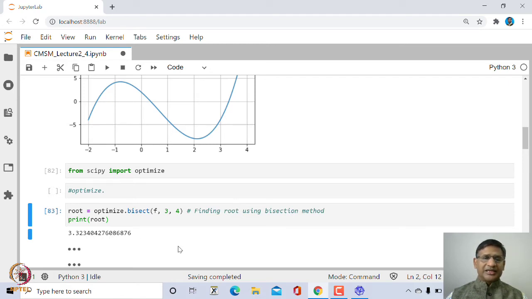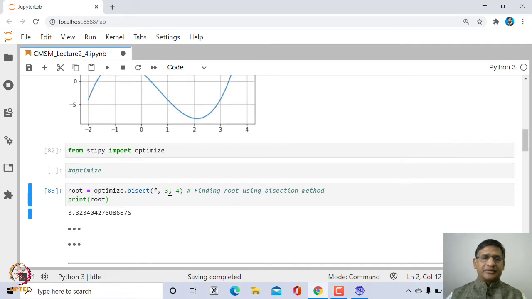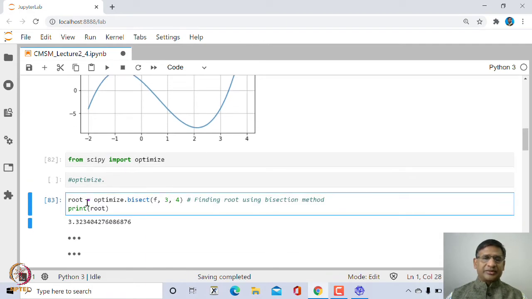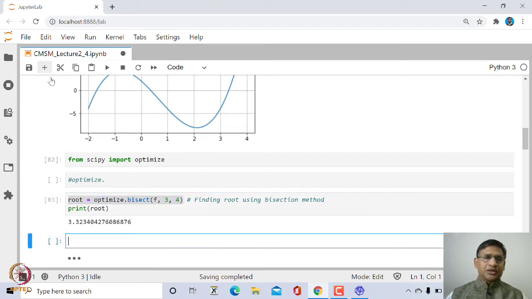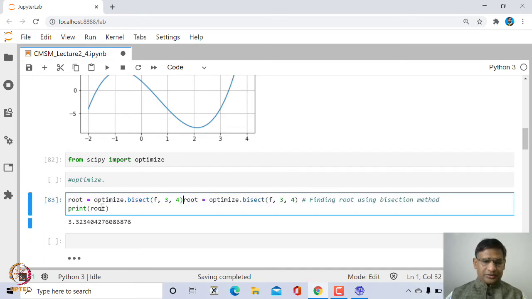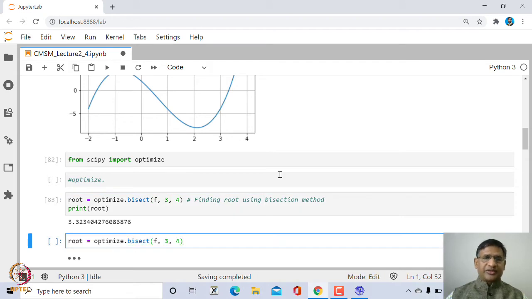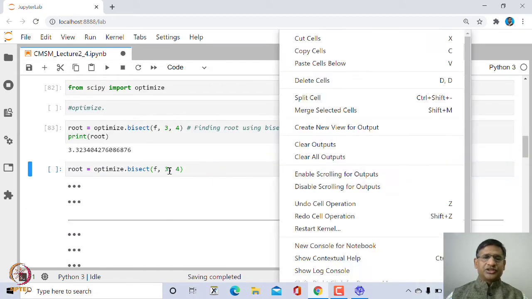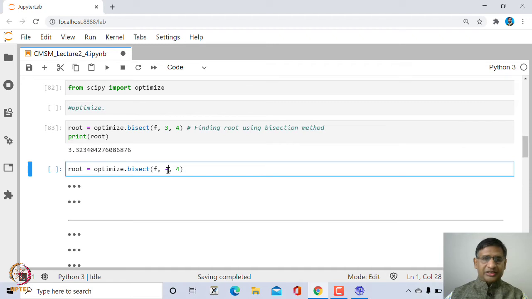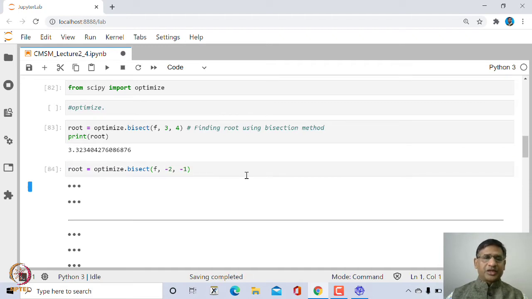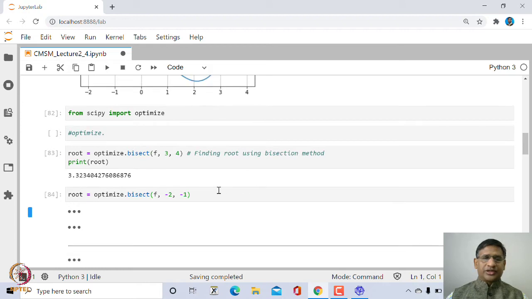In case we give some other interval, for example -2 to -1, then it will find a root in this interval.